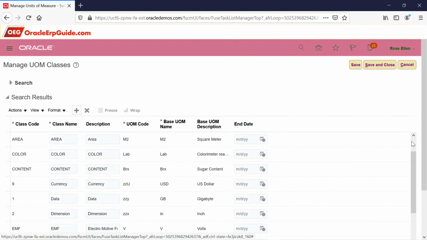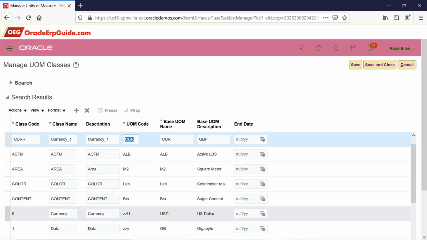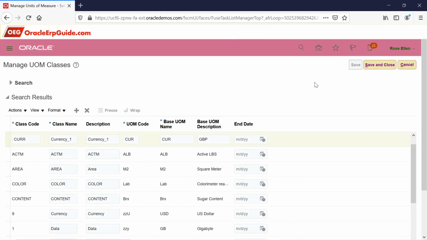So in that case, if something is matching to your business unit and you want to create them, you can click on this plus icon. So for example, I'll create currency. Since we already have currency, I'm just doing this to show an example.